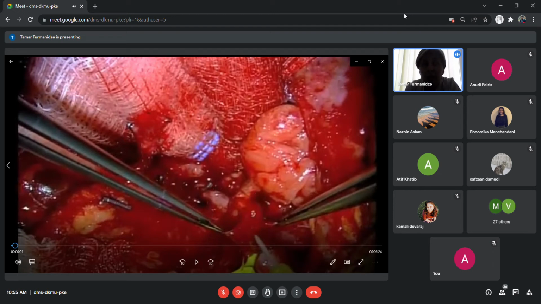Different types of surgical operation. We have told the classification of the surgical operation, and one of the types is what? Bloody operation, where the dissection of the tissues is performed. When the dissection of the tissues is performed, bleeding always starts during dissection of the tissue. So that's why it is called bloody operation, and the bleeding must be stopped right away, not to get the